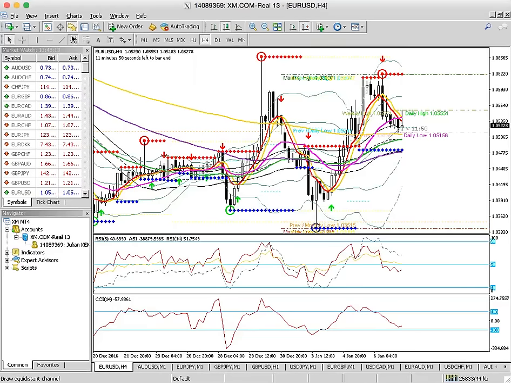So what I'm going to do is put on the equidistant channels right here. And having done that, I'm going to show you that price has broken out of here. So it's not going to go back into the channel anytime soon, given that it's had two bars close outside. And the most that can possibly happen is if it actually tries to touch back up to here. So with that,